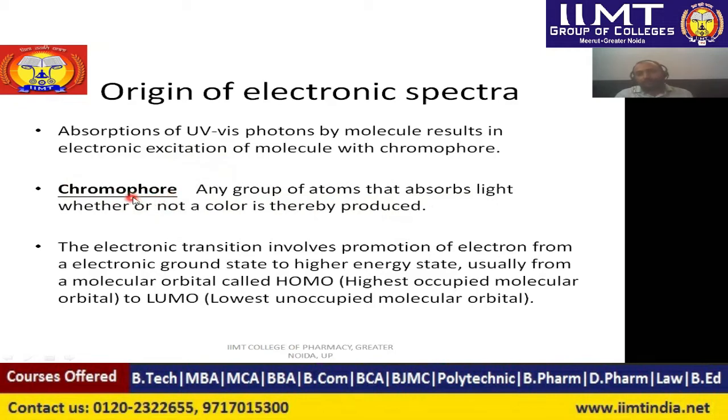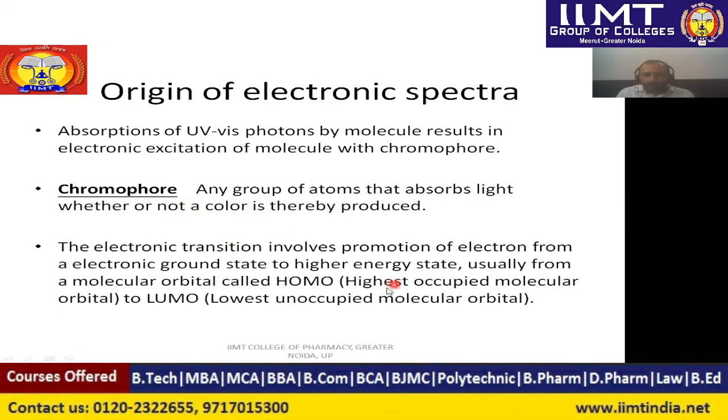So when the chromophore was discovered, it was hypothesized that every chromophore must produce visible light so that we can call it an eligible chromophore. But nowadays we have seen that there are some chromophores which produce spectra, but they are not producing any kind of light. So any group of atoms that absorbs light is still eligible, but whether a color is produced is somewhat disturbing. So the color might or may not be produced in the case of a chromophore.